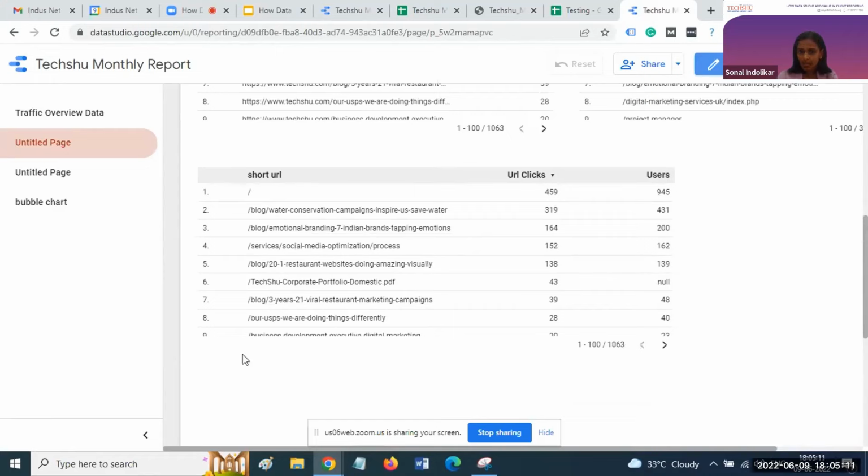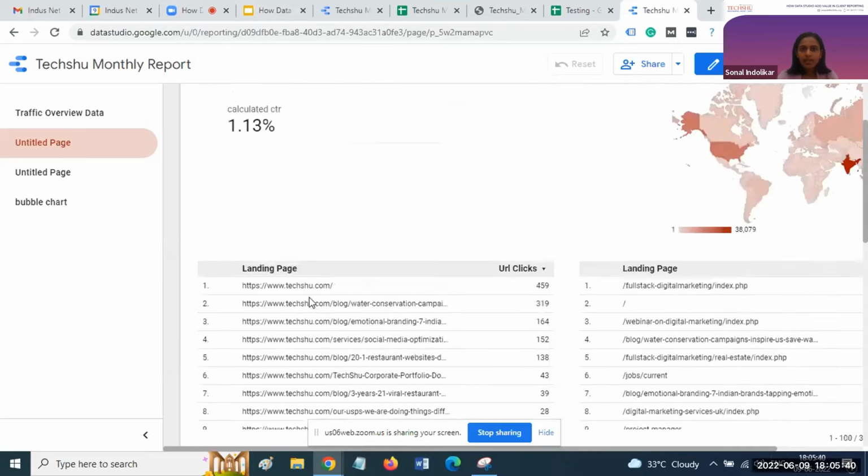In this table, the URL click is the parameter from the Search Console tool, and the user is the parameter from the Google Analytics tool. So you can blend the data from different sources and create a single table in Data Studio for data visualization purposes. This is an advanced feature available in Data Studio.